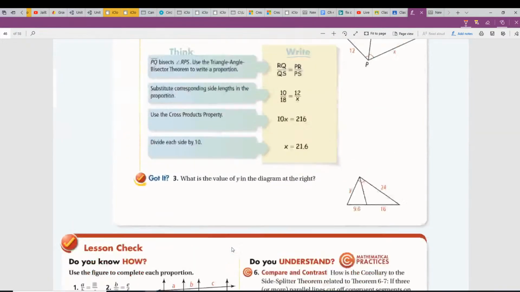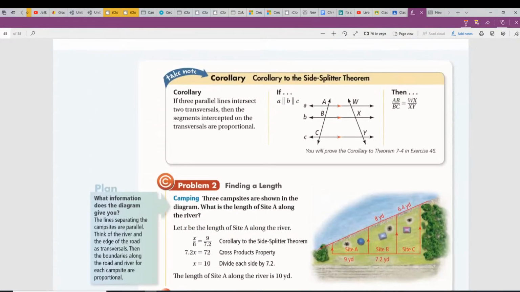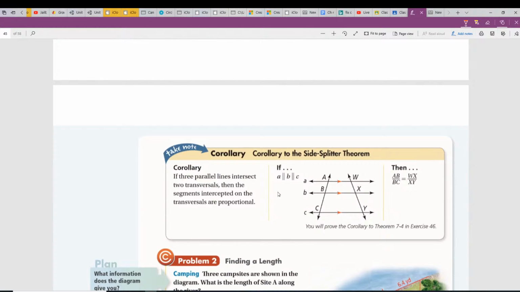I'm gonna show you something that's from the book. We have the bisector theorem, we'll go through later. So if there's transversals here, the segments intercepted on the transversals are proportional. So AB divided by BC is congruent to WX and XY. Okay, so that means